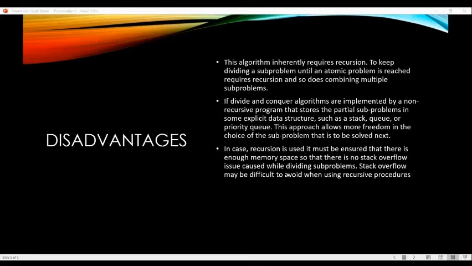Also, while dividing the major problem into smaller sub-problems, it is possible that some of these sub-problems are the same, and since there is generally no memoization technique used, the same sub-problems have to be solved over and over again, which wastes precious time. In order to solve this problem, using memoization is advisable.